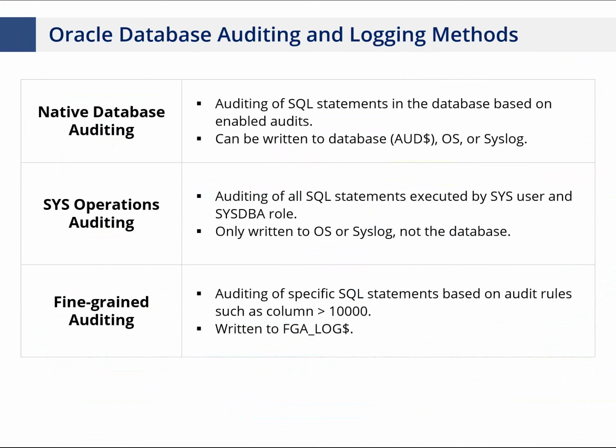Finally, if the native auditing doesn't work for you and you want to get down to a really low level of granularity, you can turn on fine-grained auditing, which will let you get down to a specific audit. So if someone creates a purchase order greater than $10,000, I can do a specific audit on that. I'm probably a little bit better to do that at the application layer, but there's certain things I potentially want to do at the database